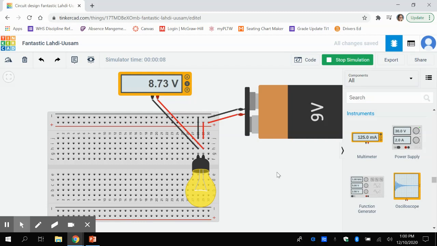Our light bulb does have a little bit of resistance, so that's why the voltage is lower than 9 volts. And if you think about it, light bulbs produce heat. So some of our energy is going to heat energy when we have a light bulb. Okay, so if I hit stop simulation there,